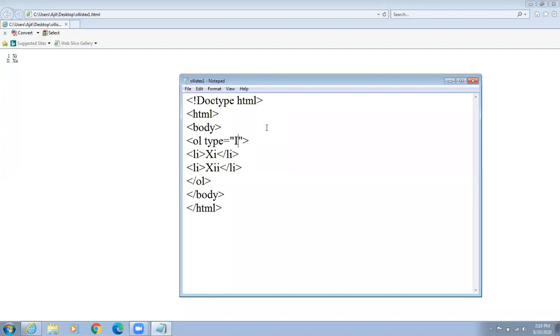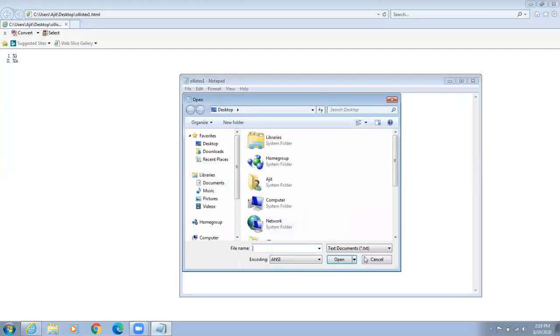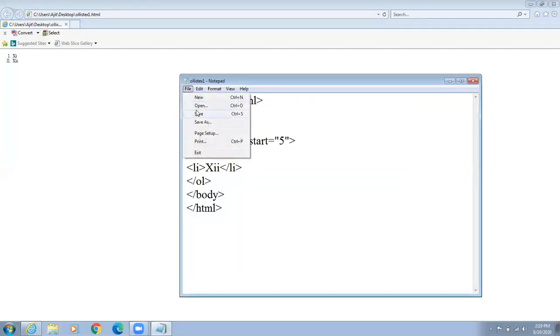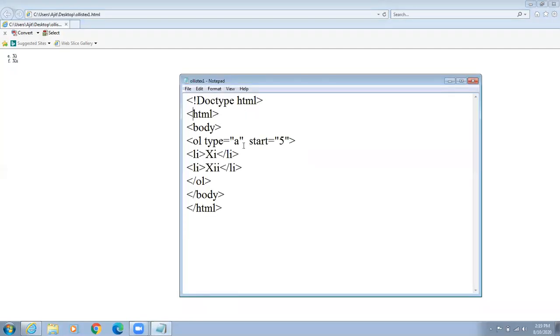Okay. Now here, if the type is equal to small a and start is equal to 5. Save the file and run. It displays small e and small f, as the type is small a, but it starts from 5.